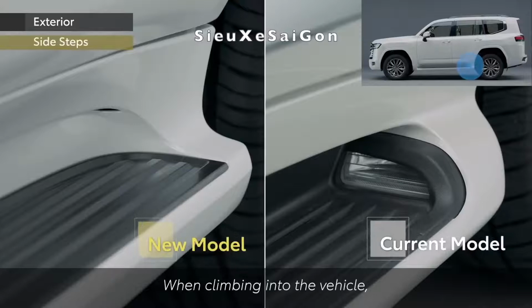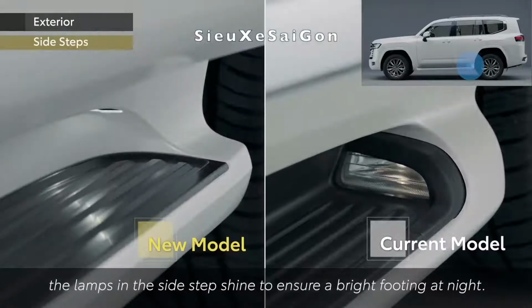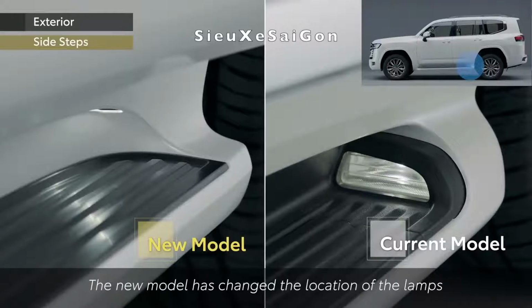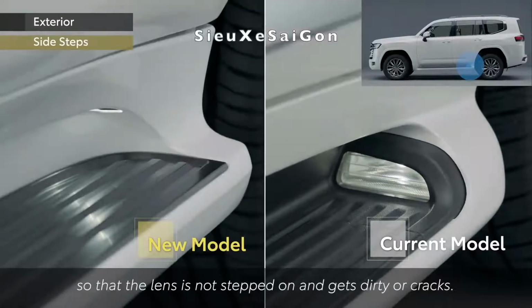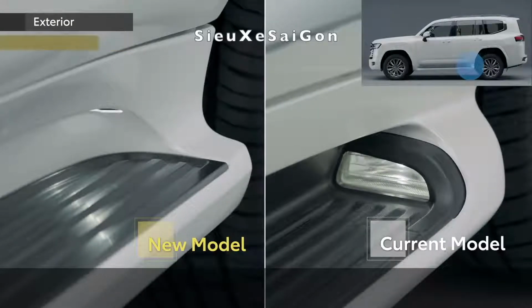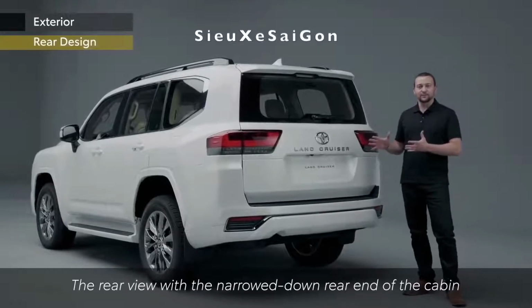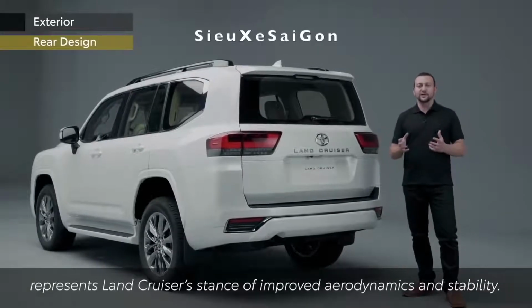When climbing into the vehicle, the lamps in the side step shine to ensure a bright footing at night. The new model has changed the location of the lamps so that the lens is not stepped on and gets dirty or cracks. The rear view, with the narrowed down rear end of the cabin, represents Land Cruiser's stance of